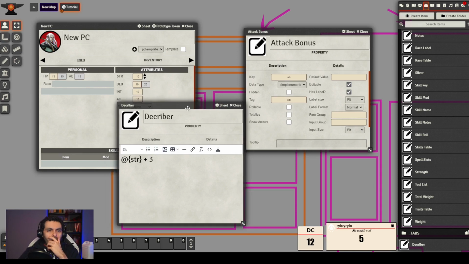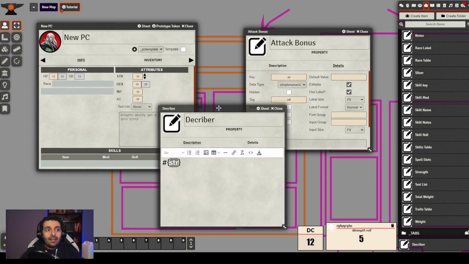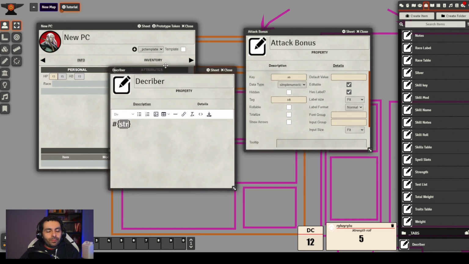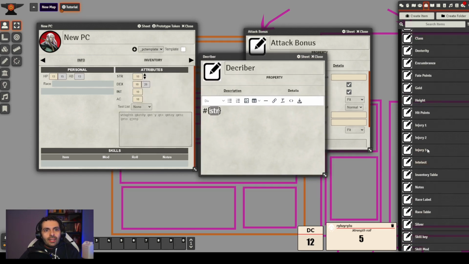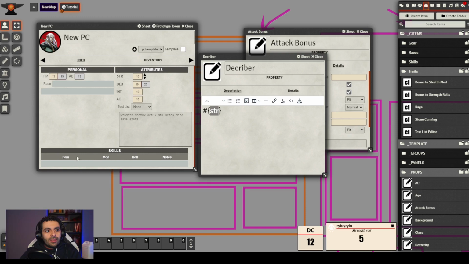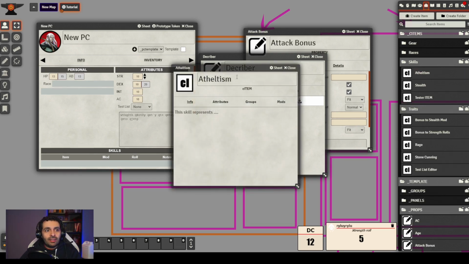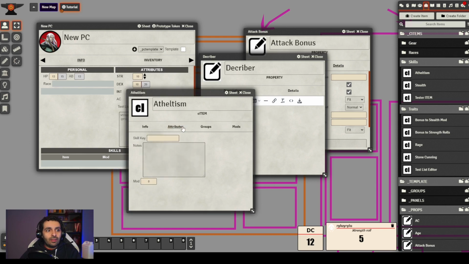Now the second role expression I want to talk to you about is hashtag, to reference a C-item property. Let's go and check one of these C-items that we created for skills, the athleticism skills.